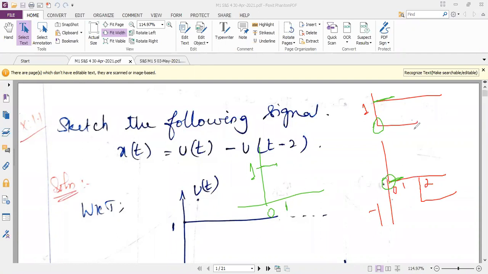Now at t equal to 2, I could see there is a change in the transition. Here it is 1, but here from 0 it is moved to -1. That is called transition. So in the final diagram, I should see the transition only at t equal to 2. Previous to that, the old amplitude will be maintained. But I should know the amplitude at t equal to 2, so I have to add the amplitudes. My first diagram says the amplitude is 1, my second diagram says -1. So 1 and -1 becomes 0. So at t equal to 2, the amplitude drops to 0.